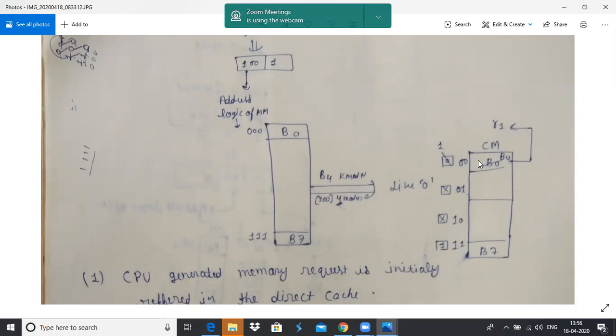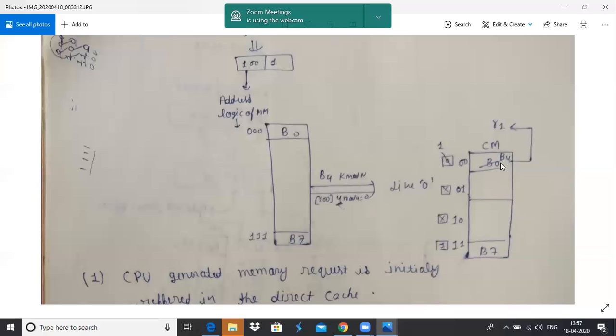So previously the cache memory contained the B0 block at line number 00. Now the B4 block will be mapped to line number 0, meaning the B4 block of the main memory will map to line number 0. So B0 will be replaced, so we will apply a replacement algorithm.